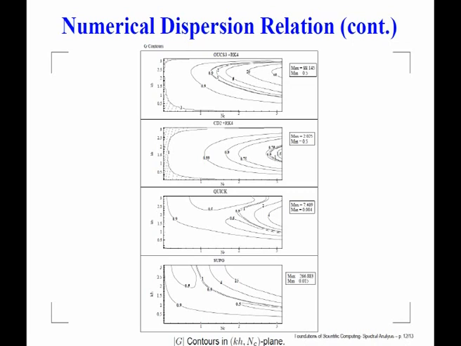Recall, I wrote down that to do a correct calculation, we must have neutral stability. So, this has been plotted in this plane. On the x axis, I have NC, the CFL number. On the y axis, I have KH. What it tells you is that to do an error free calculation coming from numerical amplification consideration, you need to keep